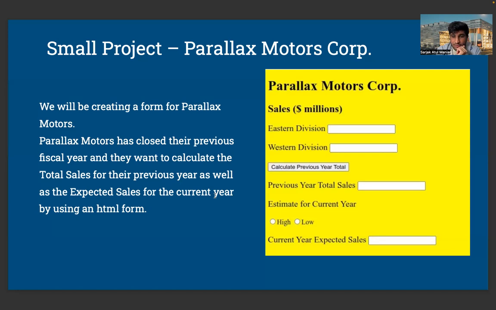Okay. So for those who said that there are 4 text fields, that's the correct answer. The first one is the Eastern Division, the second one is the Western Division, the third one is the previous year's total sales, and the fourth one is the last one, which says current year expected sales. All these 4 are the text input fields. And this one which you see over here is a button, which says calculate previous year total. After that, these 2 tiny little things which you see are the radio buttons, which say